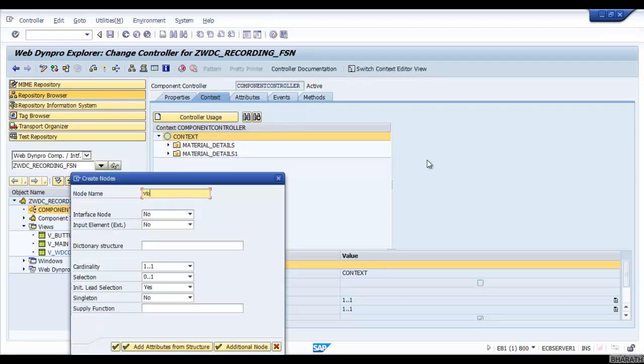Let's say VBAK, and the cardinality should be 1 to 1 because I'm going to place input fields. For input fields the cardinality should be 1 to 1. Click on add attributes from structure.